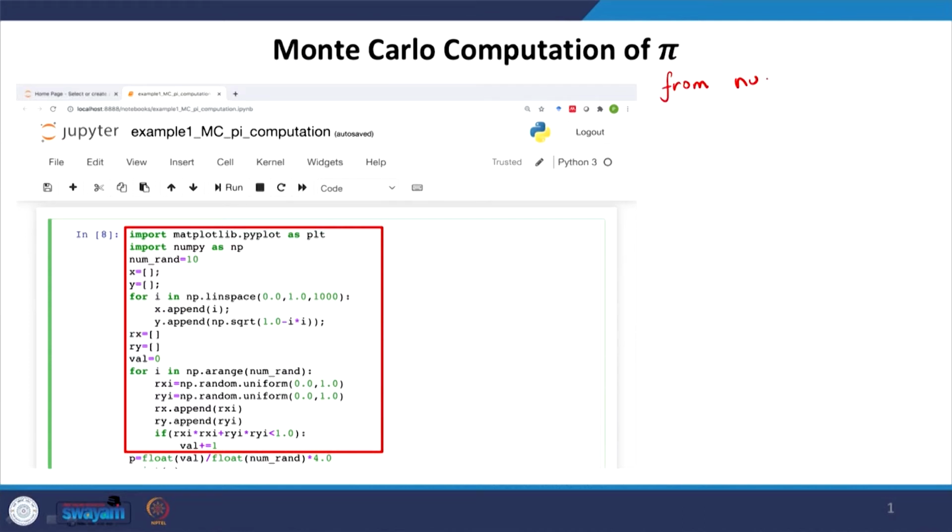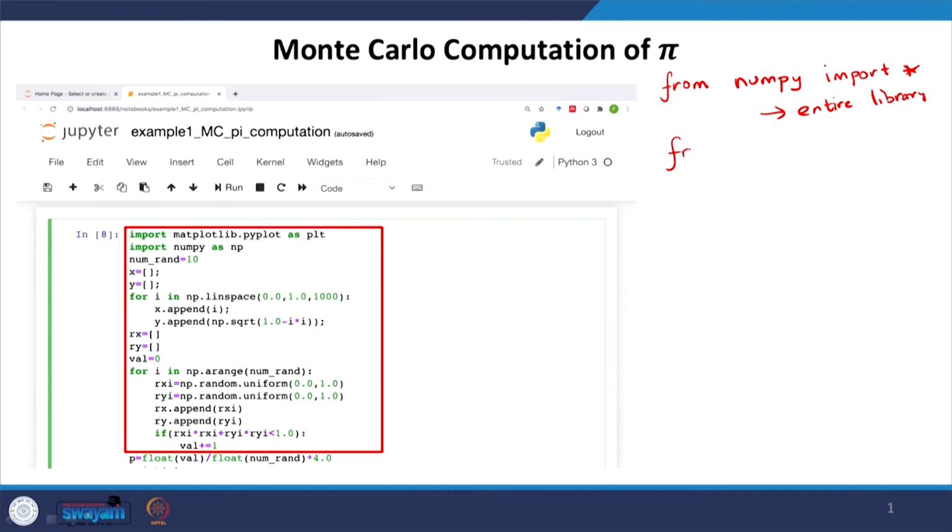If I say from NumPy import star, I can import the entire library, and of course, as you may expect, since that is ultimately going to be a burden on the RAM of the computer, that is typically not a good idea if you are using only some command in the library.